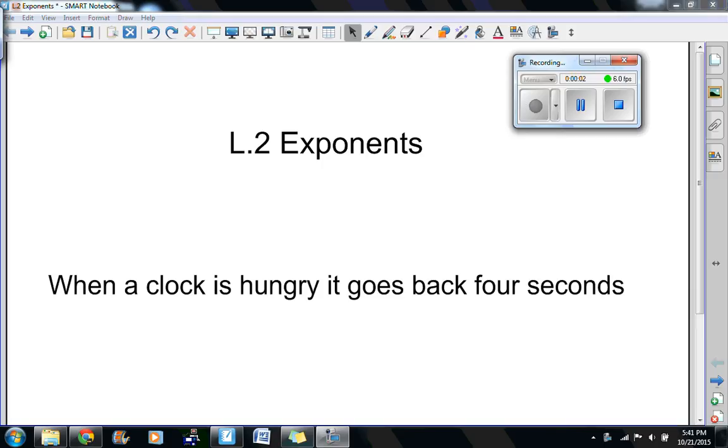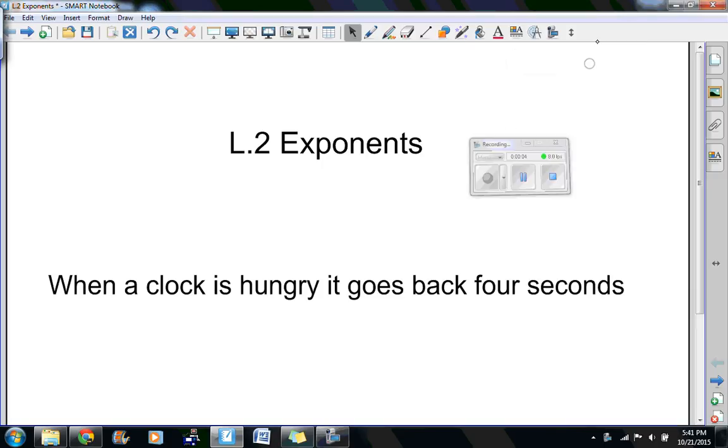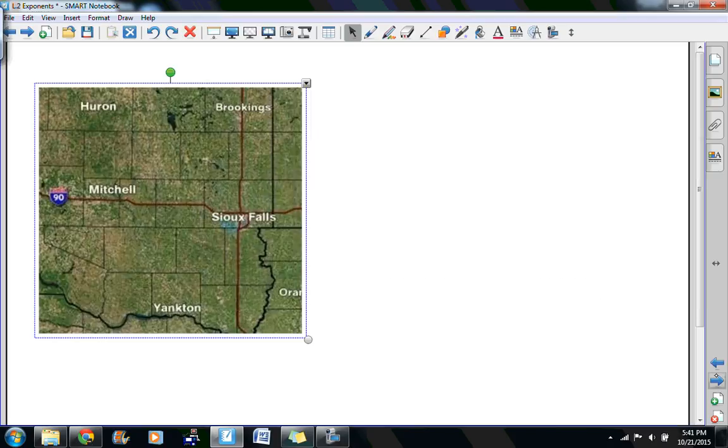Hello, 8th graders. We're going to be working on exponents today, except these are no longer the exponents that you've worked with in the past, something to the extent of 2 cubed. We're now going to be working with both positive and negative exponents. So when we think of negative exponents, I want you to think of